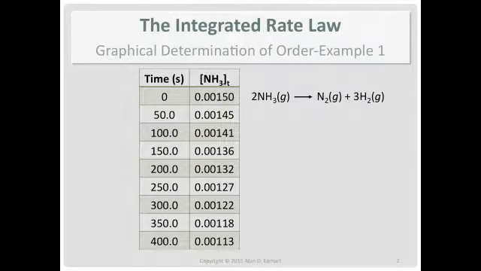Now here's data that was taken for concentration as time changed. And we're going to step through the different orders we discussed: 0, first, and second. There's the mathematical equation that describes zero-order kinetics. We'll take the data and plot the ammonia concentration as a function of time and go from there, see what we can get.